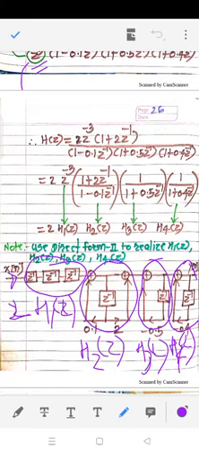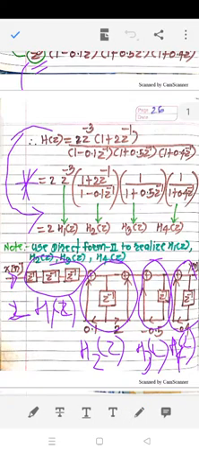You can realize the cascade form just by observing this step. What we are doing, we have split h of z into subgroups, and if you observe properly, h of z contains 4 brackets, and all are in the multiplication form. So therefore we can split h of z into such type of subgroups. Okay, so that is our cascade form.